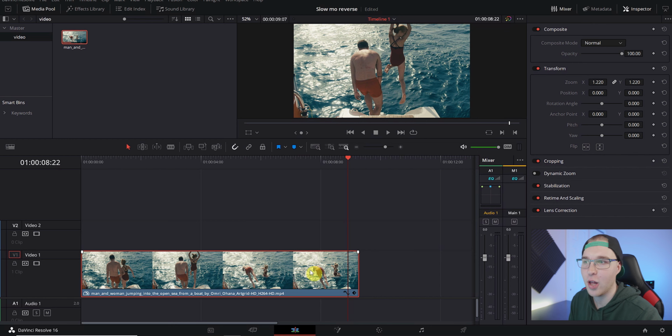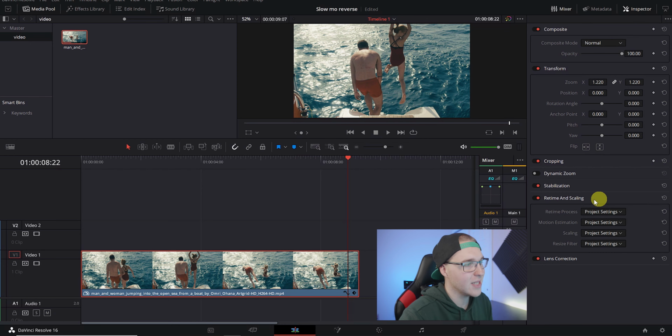So now the effect itself looks good, but the clip is choppy as heck because we're really transitioning from 100% speed down to 0. So there's going to be some frame lossage in there. So to fix that, we can enable optical flow. So click on your clip right here and go into the inspector tab and move down to the retime and scaling. Now under the retime process, change it to optical flow,